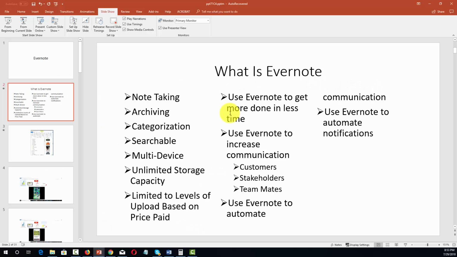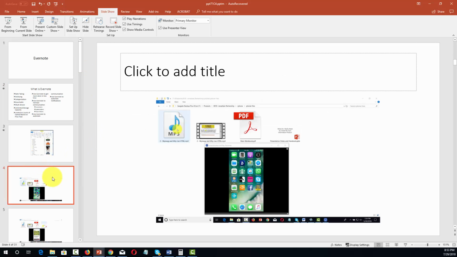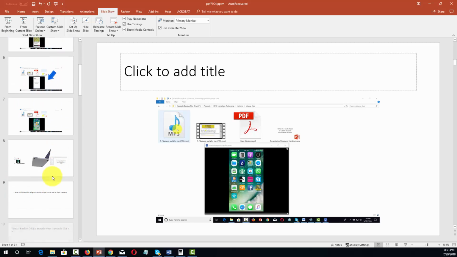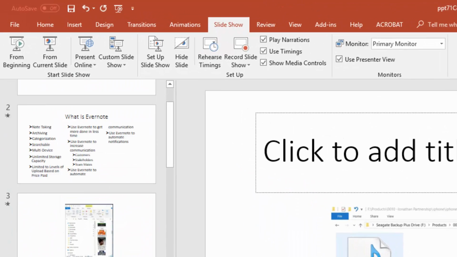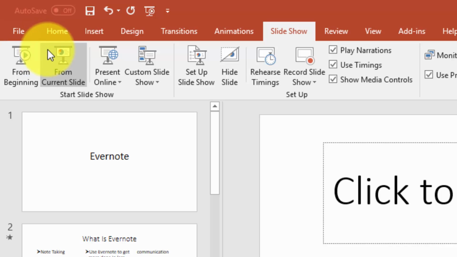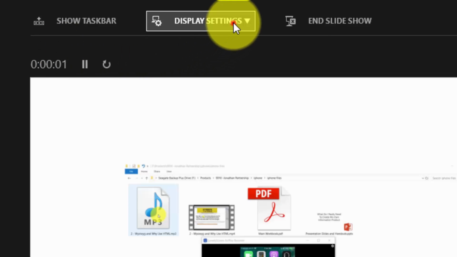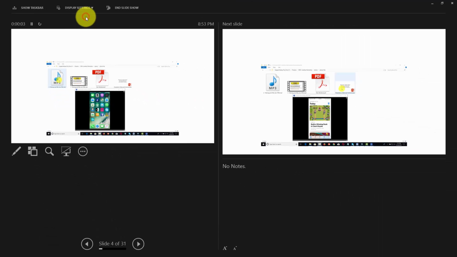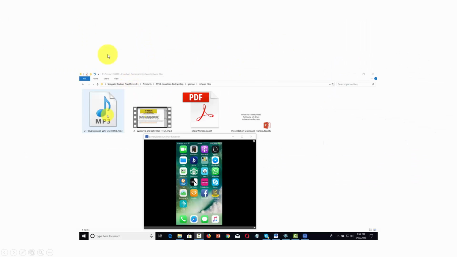You can also choose to start your presentation from a certain slide. So for example, let's say that you wanted to start the presentation, you want to do it in sequence, but you want to start with slide 4. Well, what you do then is you click From Current Slide. You then have your presenter view and switch the view, and the presentation would start from the current slide in